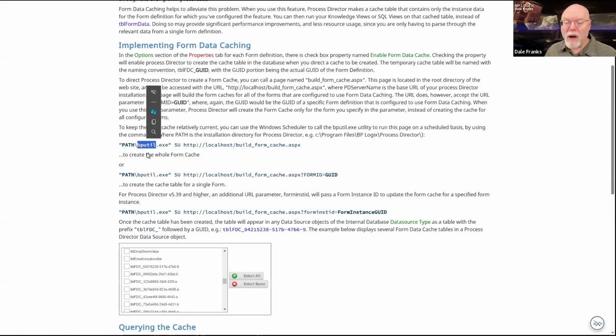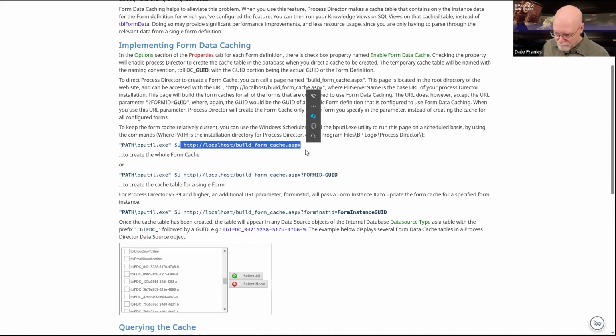And we recommend, of course, that you use bputil to call the build form cache page. Don't call it directly. I mean, I could do it manually like I just did because I'm doing it manually. But if you just use the Windows Scheduler command to call this page, Windows Scheduler will call this page and will keep it open forever. And the next time you call it, everything is going to be all higgledy-piggledy. Windows Scheduler is awful for this.